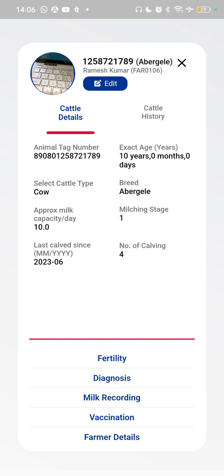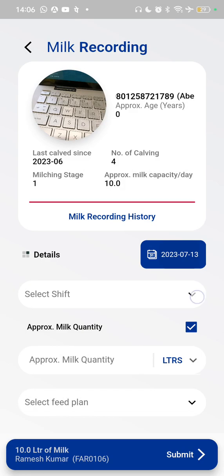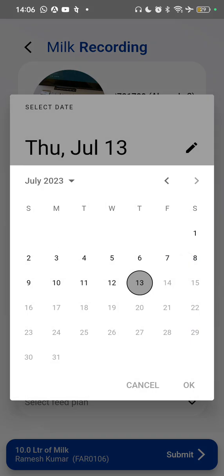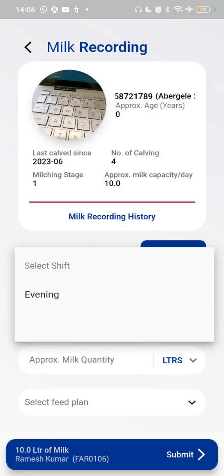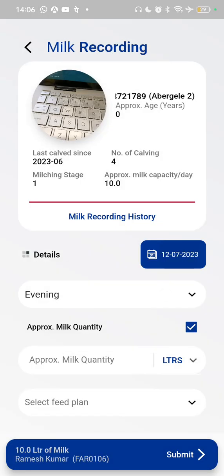Let's suppose he wants to do the milk recording at the farmer location. He will click on the milk recording button. He will select the shift for which he is doing the milk recording. He can change the date, like let's suppose he has data to enter. He will select the date, and after selecting the date, he will select the shift, morning or evening, and after